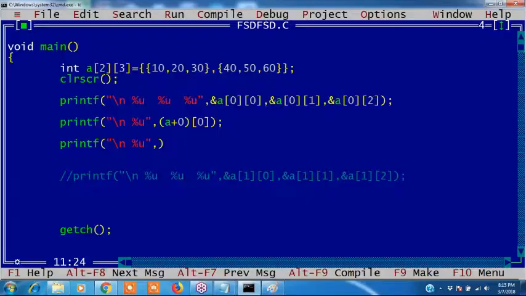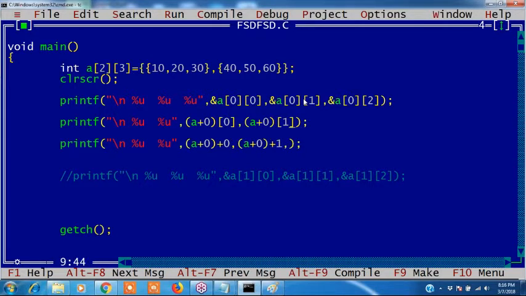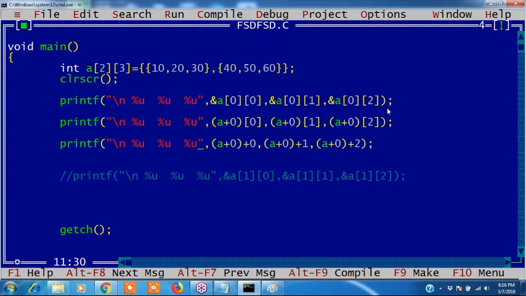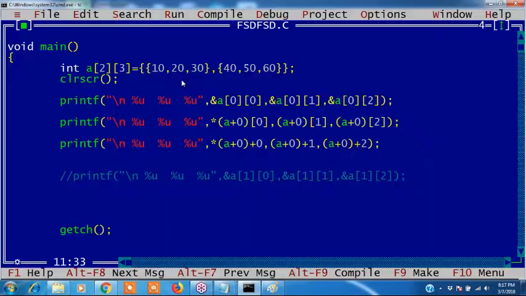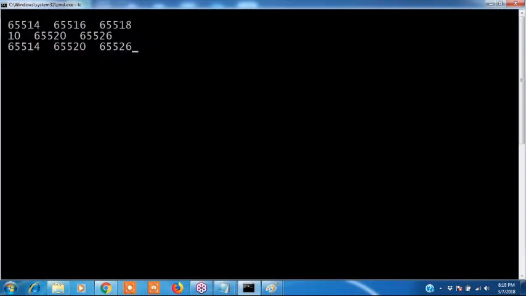See, I will draw a diagram. See, this is 10, 20, 30. Addresses also we check it. This is 10, 20, 30. Okay, we check it, the first row or second row. See this. This is the first row. And second row elements are what? 40 and 50. And how to access them also we discuss. 50 and 60. We have taken these 6 elements.